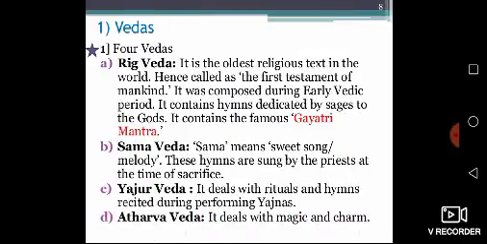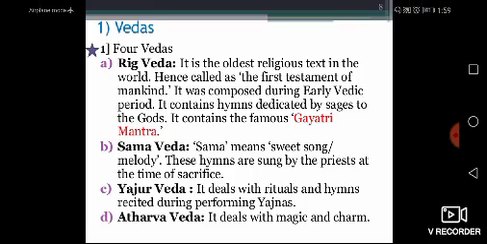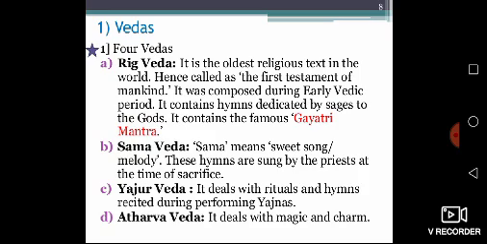First one, the Vedas. There are four Vedas. Some of the Vedas we have already discussed in the previous small classes. The Vedas are sources of knowledge, the uttermost way of getting knowledge. Which are the four Vedas? Rig Veda, Samaveda, Yajurveda, Atharva Veda. These are the most important Vedas. Now, what about Rig Veda?